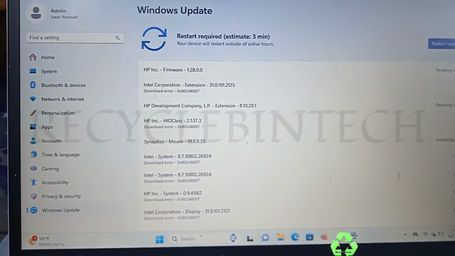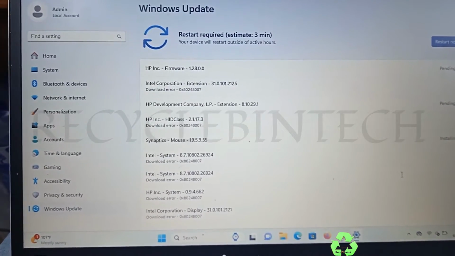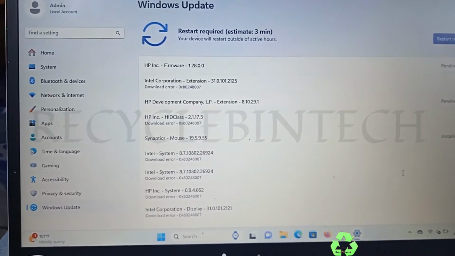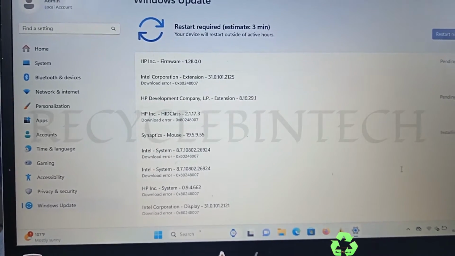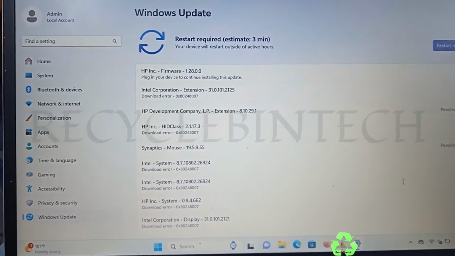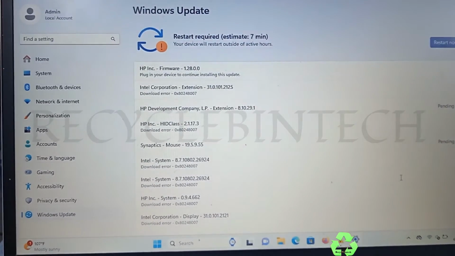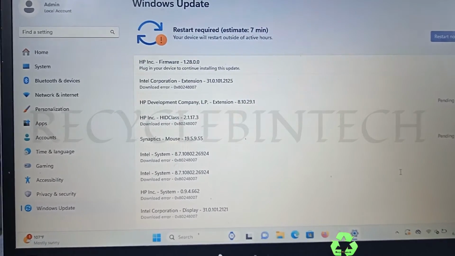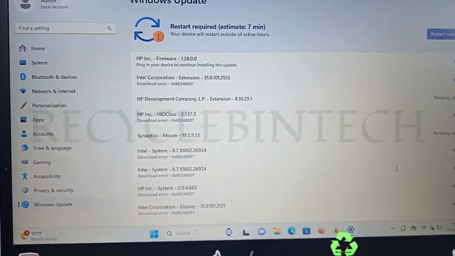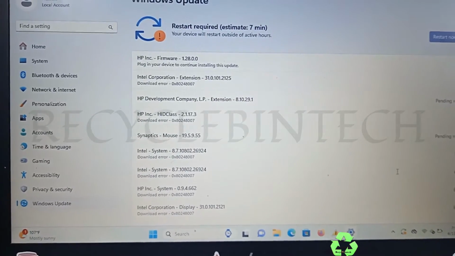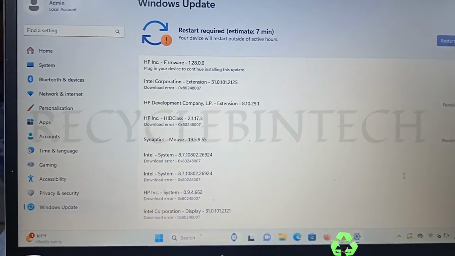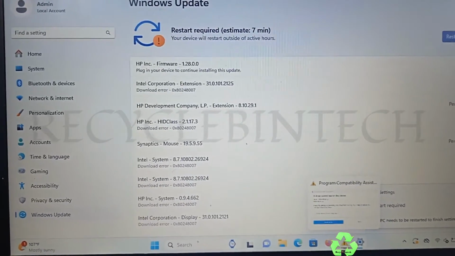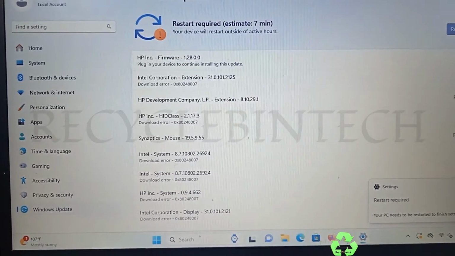After updating, if you still find the same error message about the audio, you can type the audio error message on Google and see what the error is and which file we can install to solve this issue. You can follow that method. After restarting, if you find the same issue again, the next method is to open the same